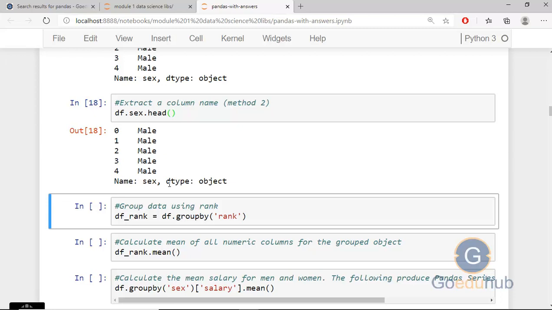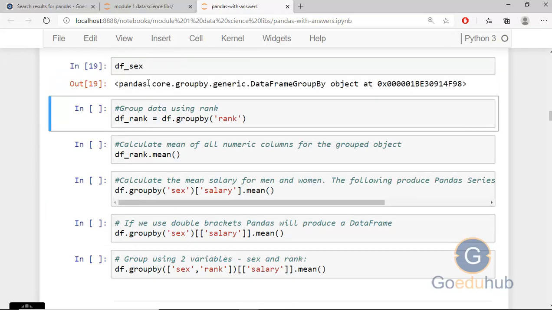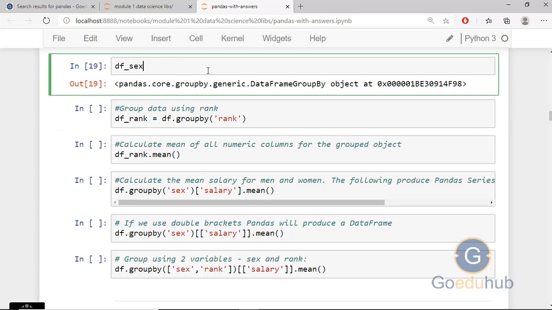Now what we can do, we can apply some mathematical aggregation functions over the group of data. We cannot see directly the output of the group. We can apply the aggregation functions over the group. If you want to print this particular group, then you can write this variable and run it, and you can see this is a groupby object. Basically it is an iterator. So we can use this iterator with some functions.